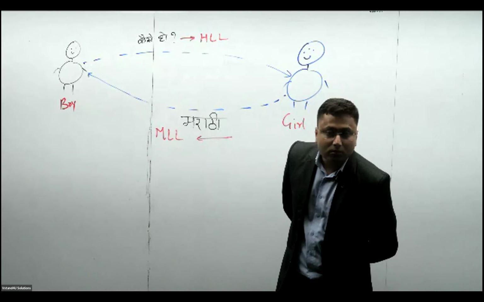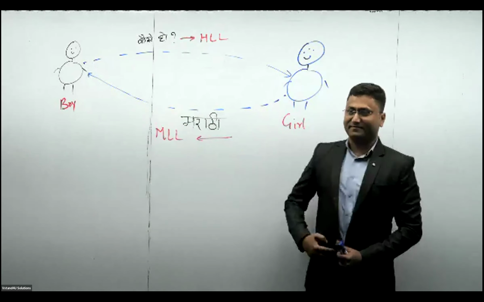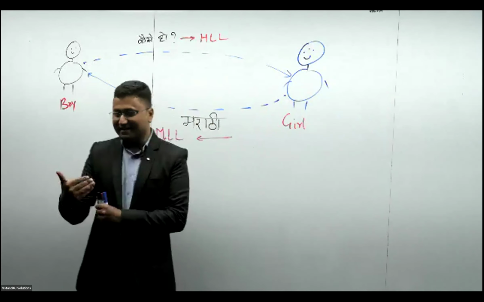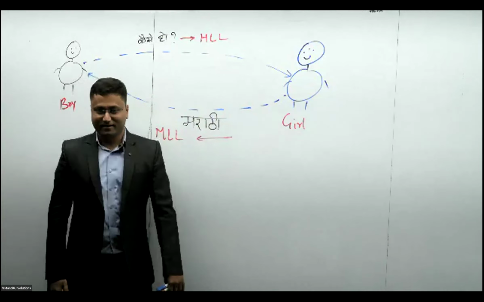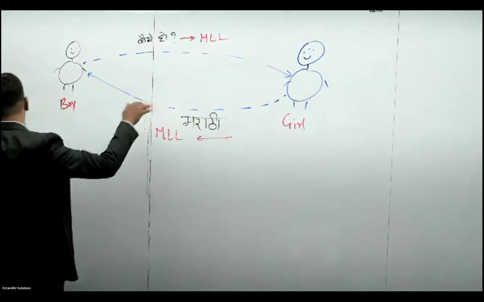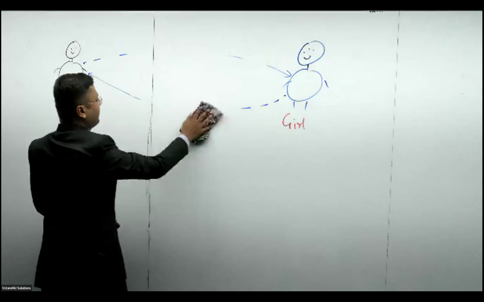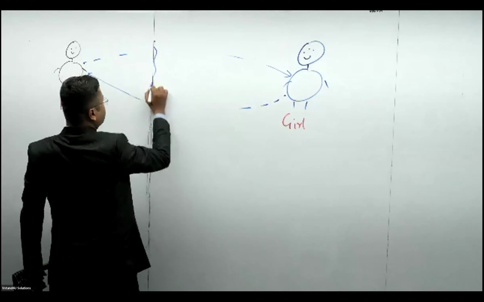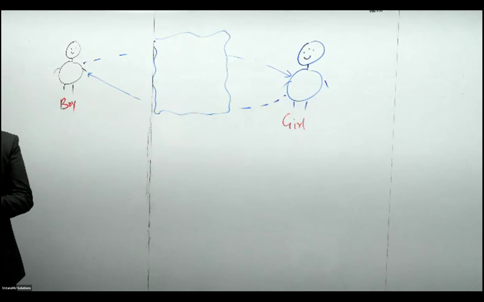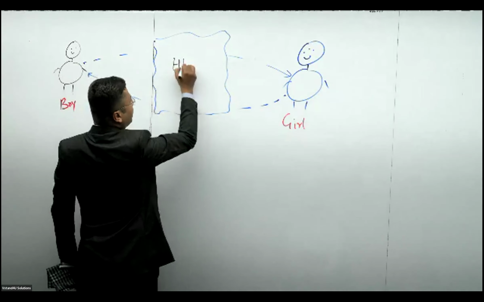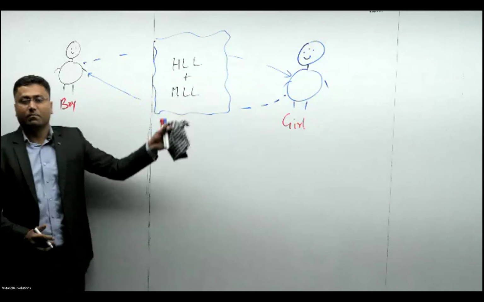Now, we actually need to help our friend and make them communicate. Just communicate, not further. The rest is left to them. How to establish the communication between these two people? Let's have somebody in between. Agree? Okay, sir. We will have somebody in between, a person who understands as well as Hindi level language and Marathi level language.